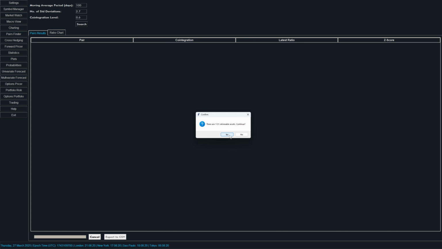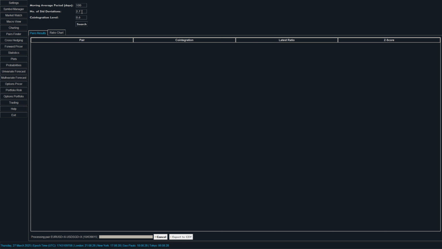You first define how many days you want to watch the moving average for. Then define how many standard deviations away from that moving average you are looking at and the level of cointegration. The system will search all the returns time series in the database and look for pairs that are breaking these levels of cointegration and standard deviations you defined, and produce a z-score for you to assess the quality of that